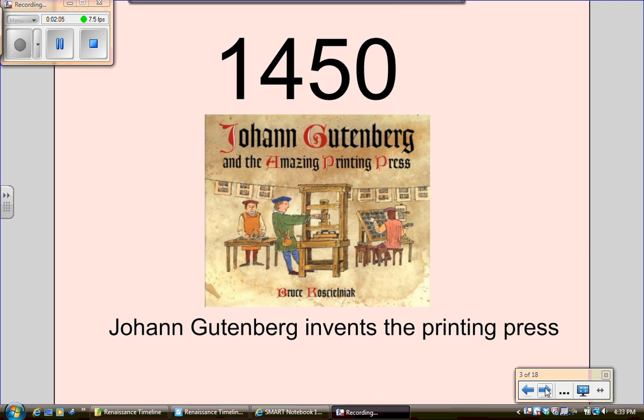Previous to this invention, books had been created by people writing them by hand, and it was a very slow process, very expensive and very laborious. But through the development of the printing press and a better quality of paper, many books were able to be printed and books became more widespread and available to the general population. As a result, the level of literacy in the society went up as more and more people learned to read and write.